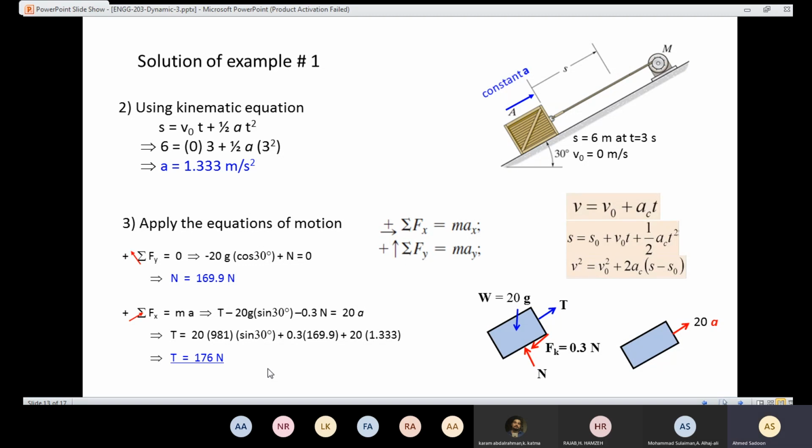So now I solved the problem. I determined the tension in the cable. So the tension in the cable came out to be 176 newtons. Do you have any questions regarding